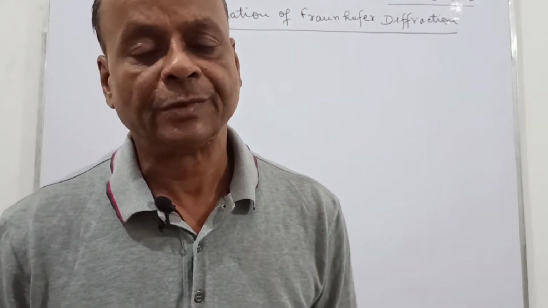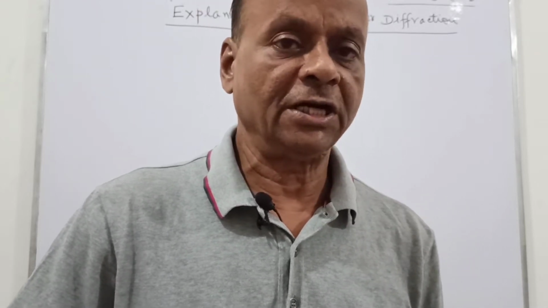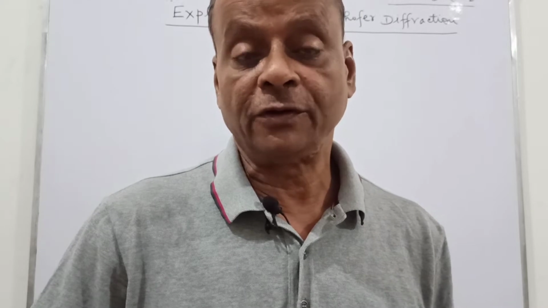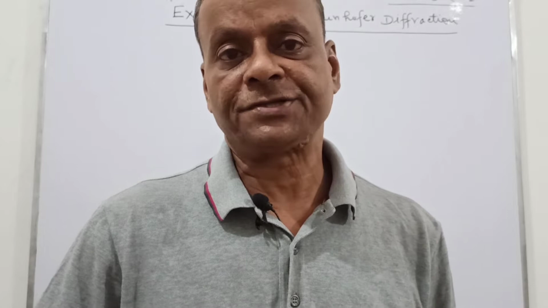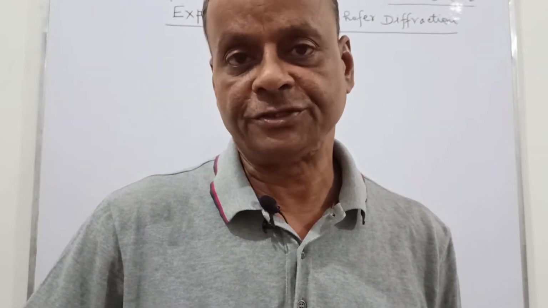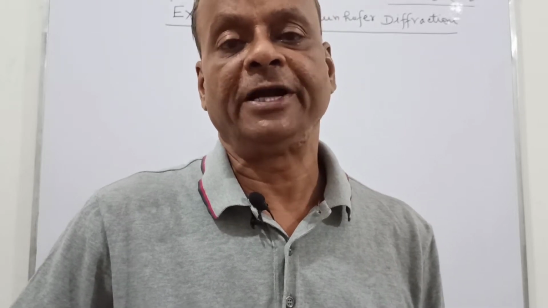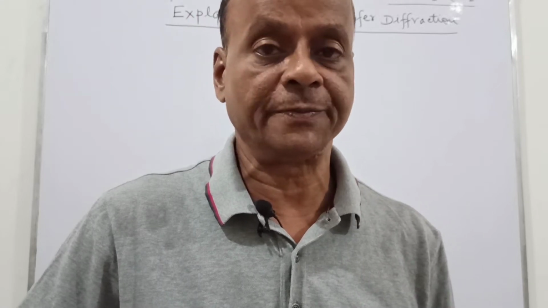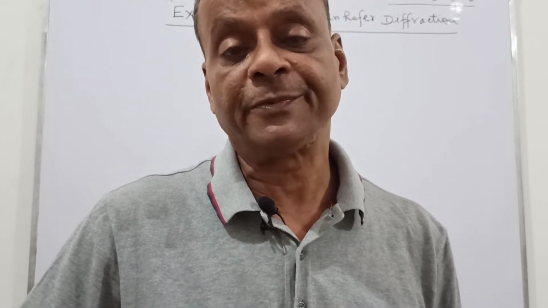Now today I will tell you about the explanation of Fraunhofer diffraction. Before that I have told you so many topics about Fraunhofer diffraction. I told you that in the Fraunhofer diffraction pattern the central fringe is the brightest and widest, and on both sides of this fringe there are dark and bright fringes. The intensity of the bright fringes decreases very sharply, as I told you, with the help of a formula.